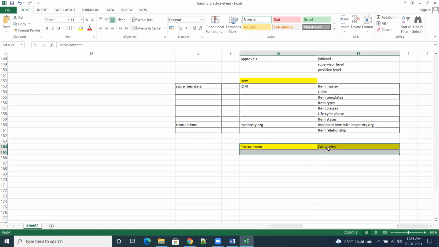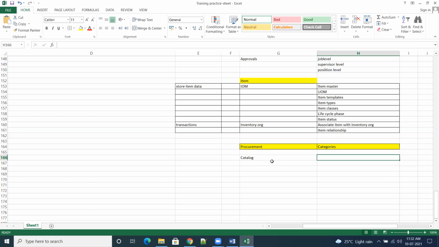And Ramu, like we have catalogs and categories in the items also? Yes, on the item side, yes. Catalog categories are there. So when you are trying to save the form, automatically the system will search whether any specific custom categories are created by the user. If it is not there, then the system will take the miscellaneous category.